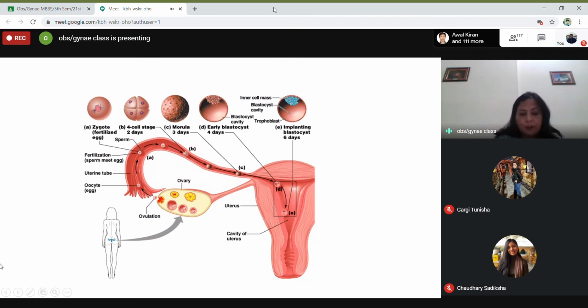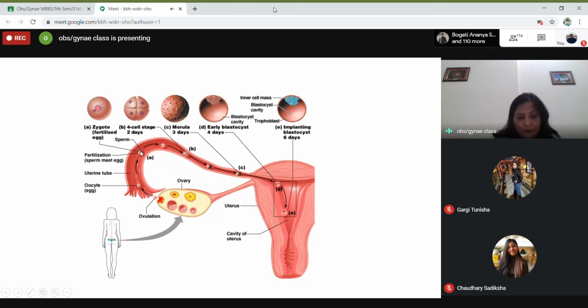So this is a figure of fertilization. So the ovary, after the ovulation, this fimbrial end will pick up this ovum. This ovum is picked up by four processes: either by the fimbrial muscular cells, or by chemotaxis, or by the cilia present in the tube, or maybe by suction. This ovum enters into the fallopian tube, and when it reaches the